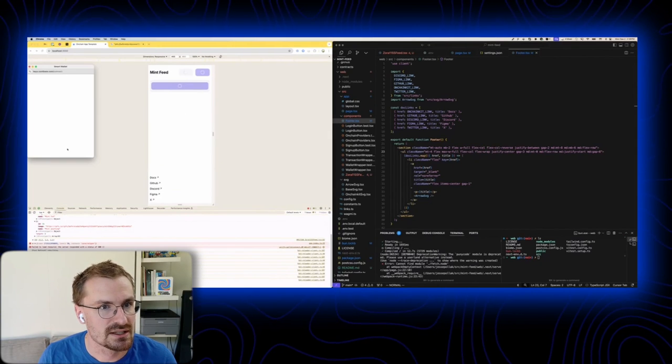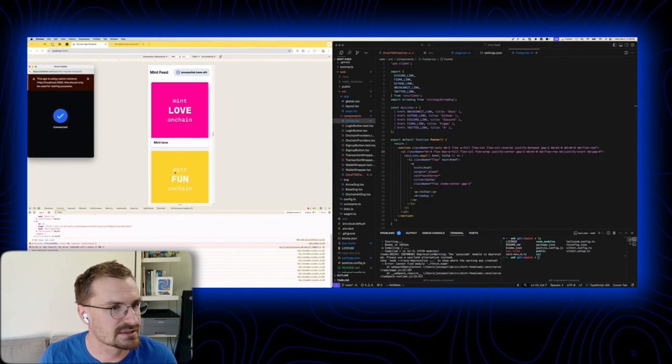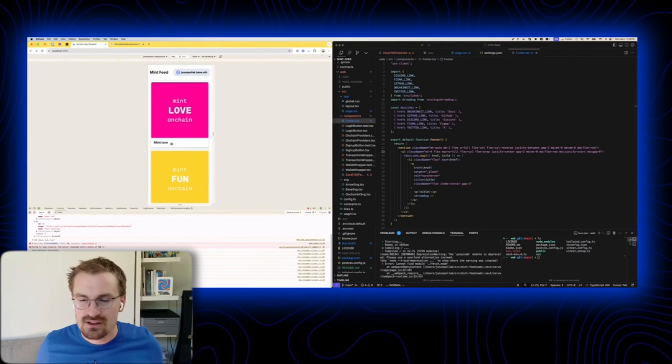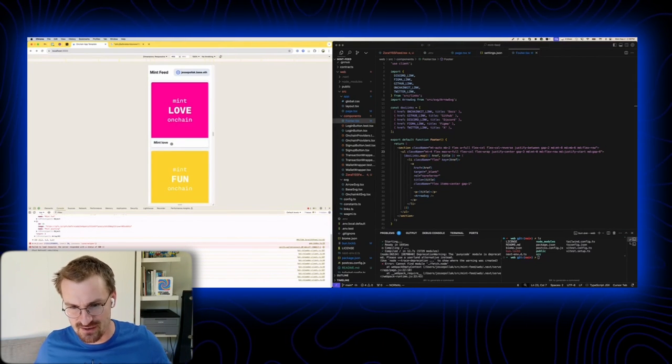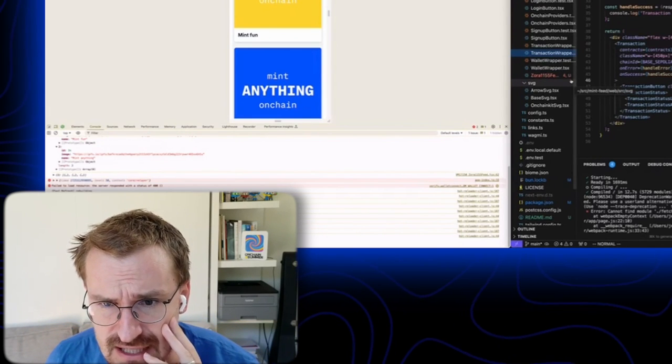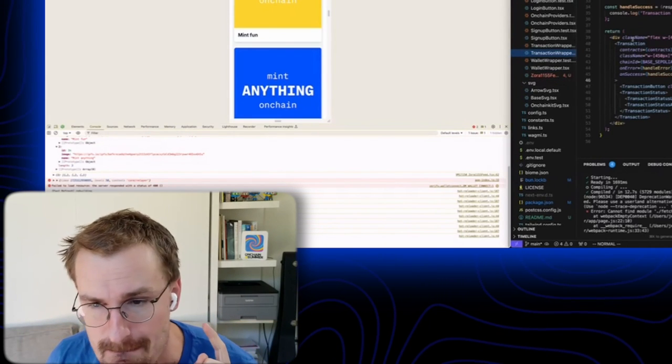We can log in. Sign in to view and mint. That's nice. I'm gonna sign in with my smart wallet. Boom. Look at that, you guys. We have a mint feed. I don't even know how long it's been. Okay, next up, we're going to use this transaction wrapper to make it so we can actually mint all of